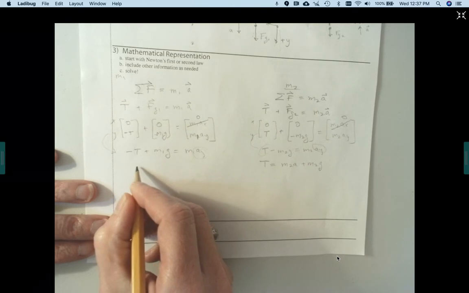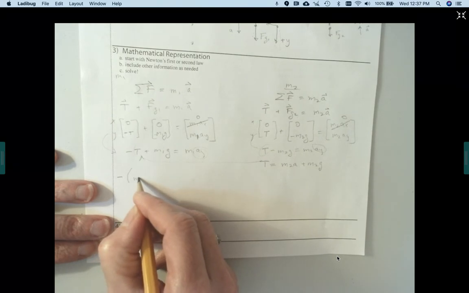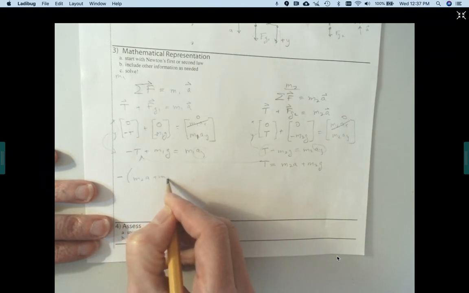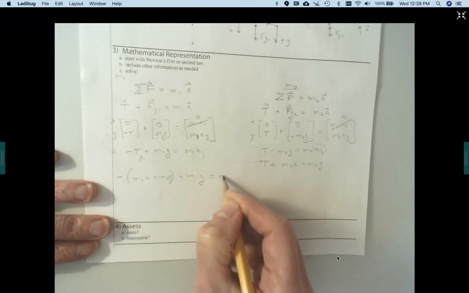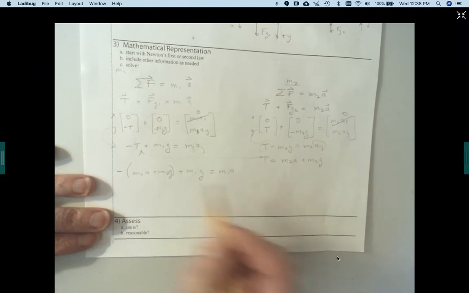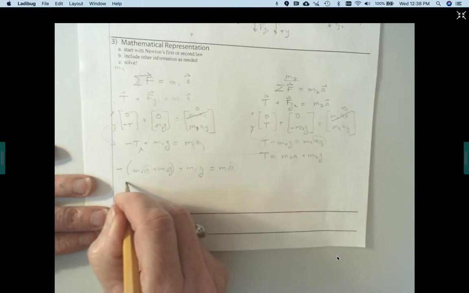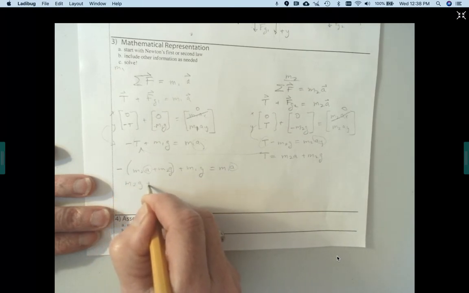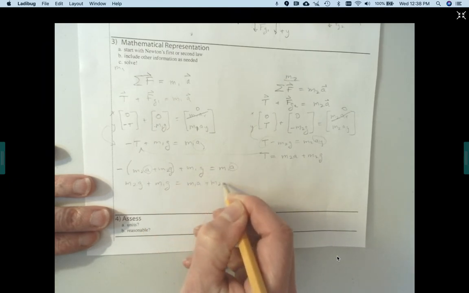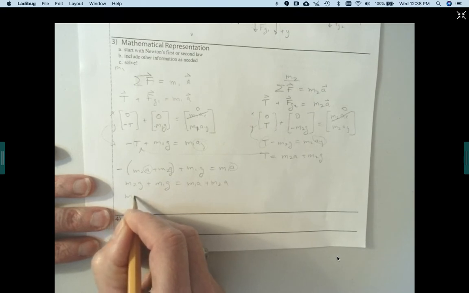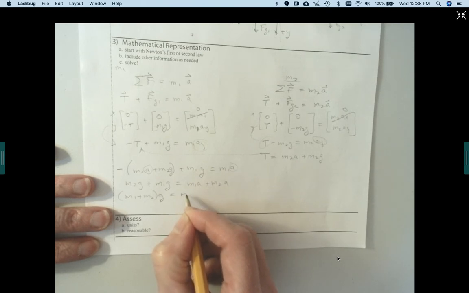Okay, and then we'll plug it in over in this equation. So we have negative M2A plus M2G plus M1G equals M1A. All right, now A is what we're trying to solve, so we'll group those together. So we bring that over here. So on the left, we're left with M2G plus M1G equals M1A plus M2A. All right, so we get M1 plus M2G equals,